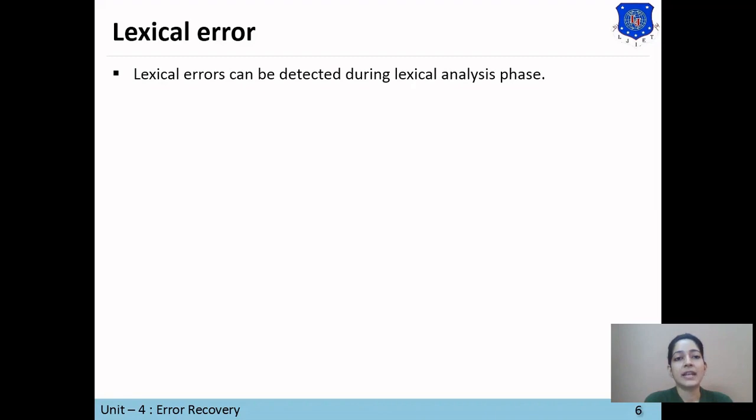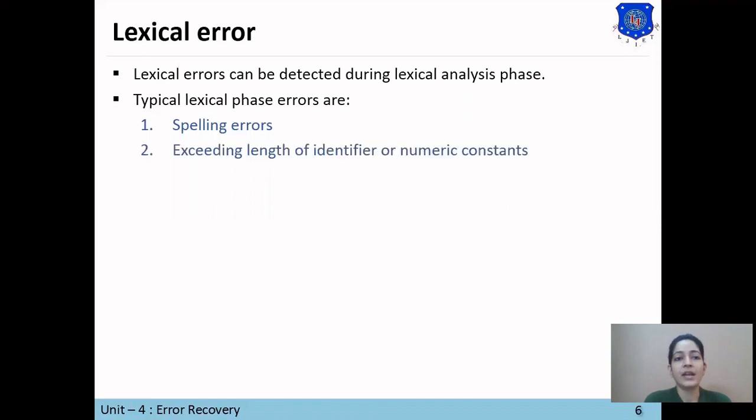Lexical phase errors can be spelling errors like misspelling of keywords, exceeding the length of an identifier or numeric constant, meaning we give some length and it exceeds the length of the identifier or numeric constant. Then the third one is appearance of illegal characters.